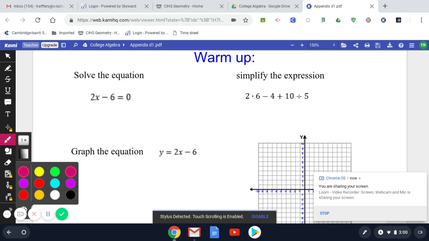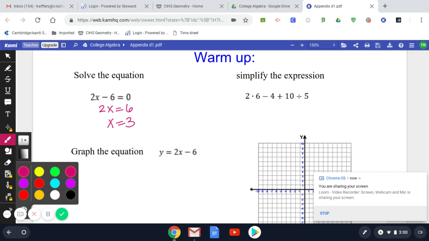So when you look at this first equation to solve, you're going to add 6, so you have 2x equals 6, and you'll divide by 2, so you have x equals 3. Keep in mind, this is linear, and in a linear equation the highest exponent is 1, and there's only one solution. On the second one, if you simplify the expression, this is where we get into order of operations,